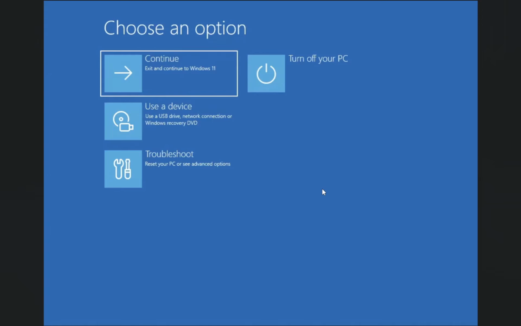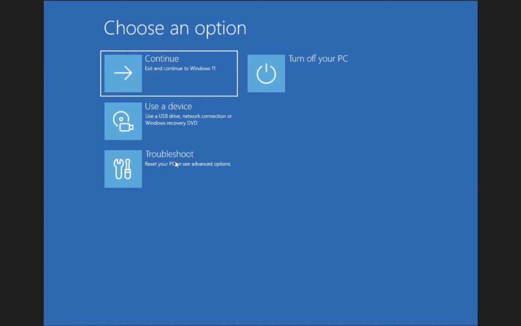Here you are no longer in the normal desktop, so your mouse cursor may feel slightly different. Take a moment to read the options so you do not click the wrong one. From this blue screen, select Troubleshoot. The Troubleshoot tile is usually in the middle and has a Tools-style icon. Once you click it, the next screen appears with a heading that also says Troubleshoot.